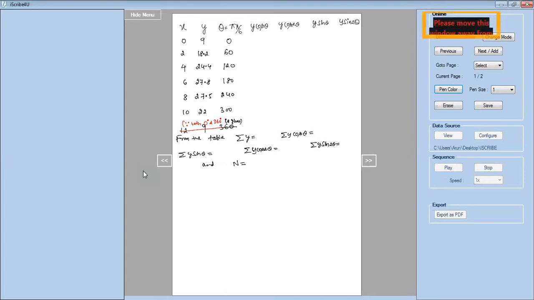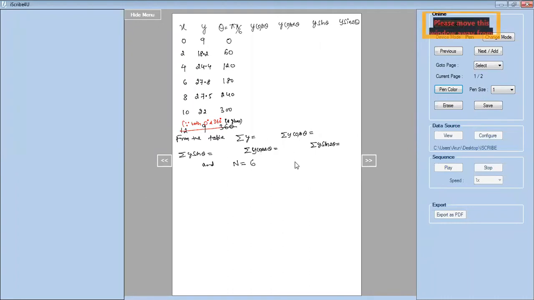Can you tell me what is the value of n? What is n here? Srinivas, what is n? Yes, Hemant. 6, sir. 6. You have to leave one value and you have to count, correct? So don't consider this. If you consider this, n becomes 7. But if you leave this and count, there are 6 values for x. So I can take n equals 6.